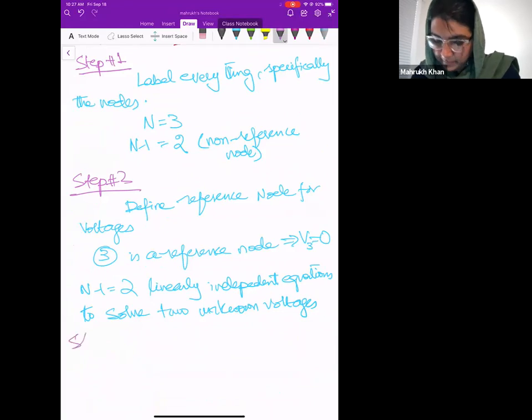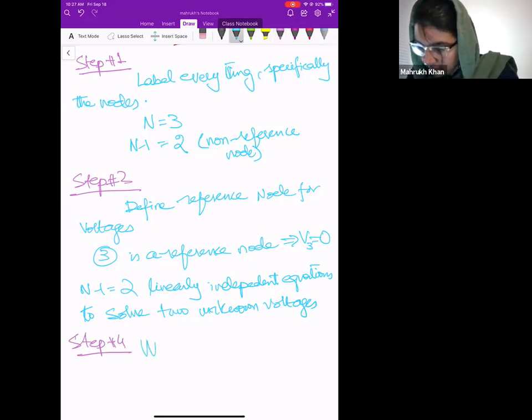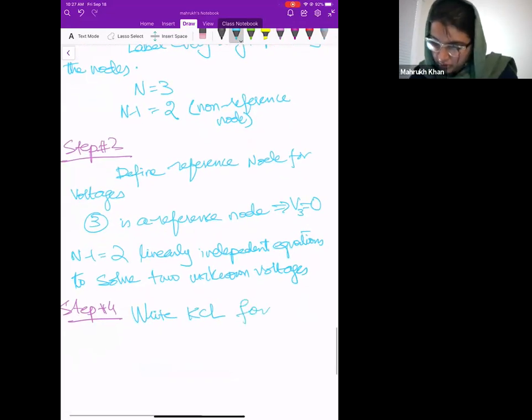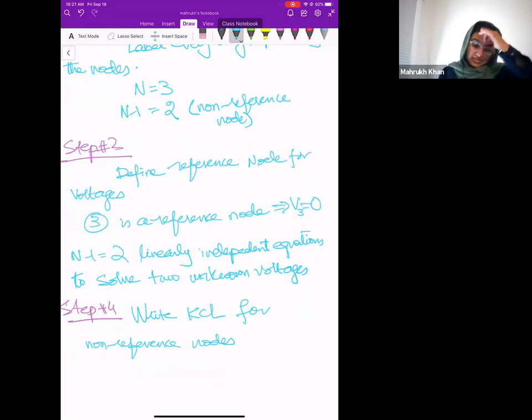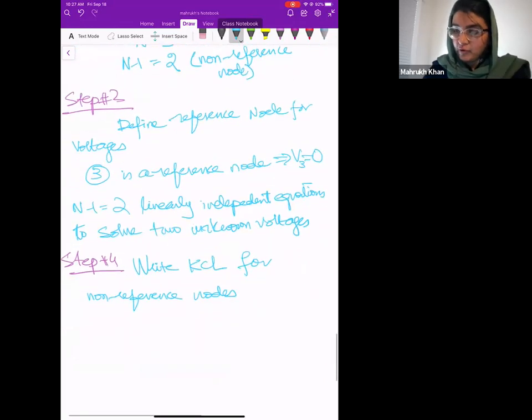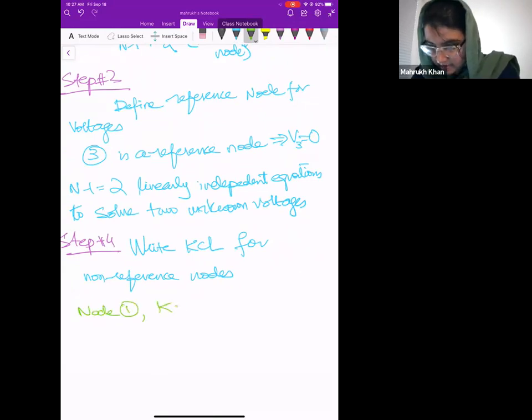So our step number 4 is: write KCL for non-reference nodes. Okay, and we normally take current direction as per the passive sign convention, so that's what we will follow here too. So our node 1, when we apply KCL,